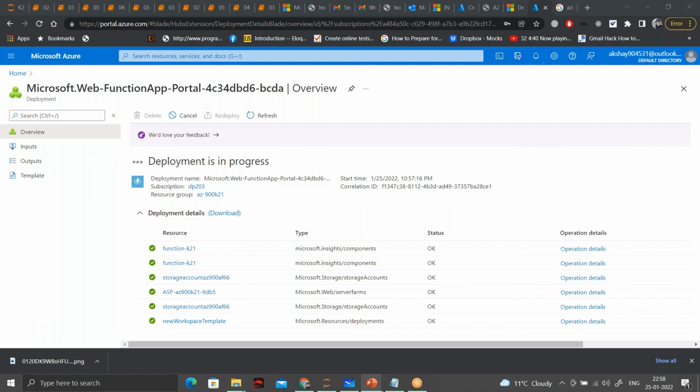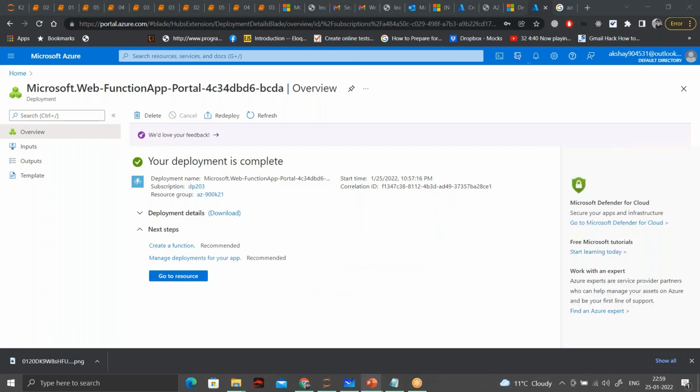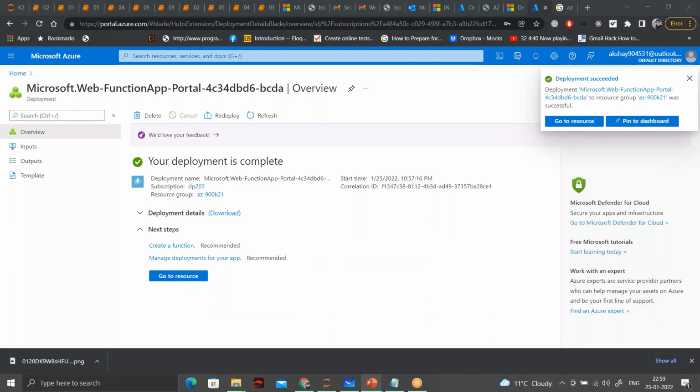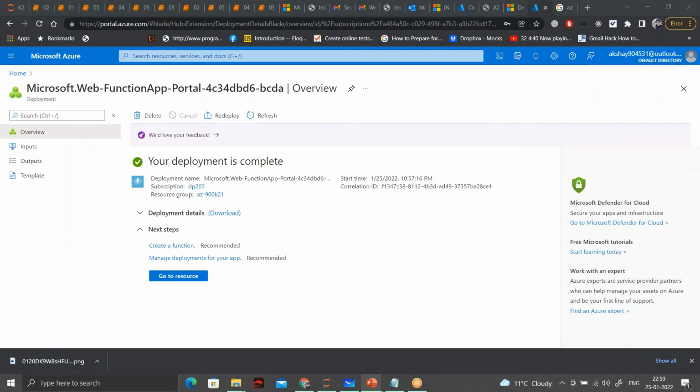Maybe the language that you're working in is .NET. No doubt you can work with Windows, but for Python, like I was working 2-3 months back, they only support Linux images as such. And for them, you will have to connect to VS Code and other things, and then you will have to actually work.